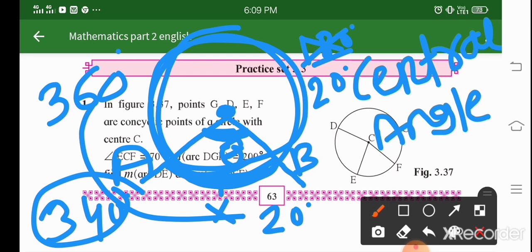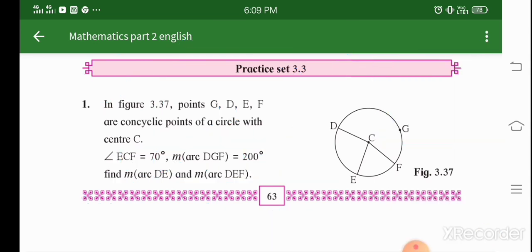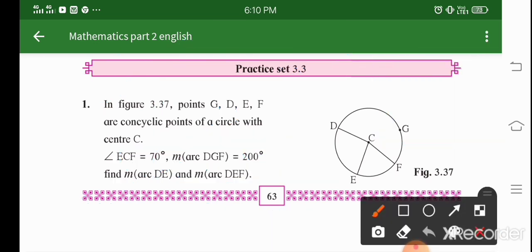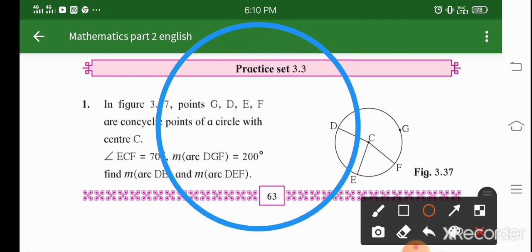Okay, now let's move ahead. Now we'll see our next property, which is congruence of arcs. In the congruence part, let's suppose there are two concentric circles. This is a circle and again I'm drawing another circle. If we talk about concentric circles, both circles have a common center, so when the center of both is the same, we call them concentric circles.